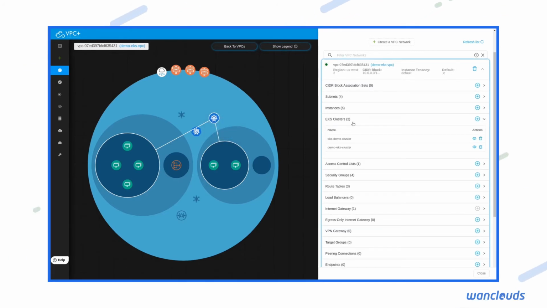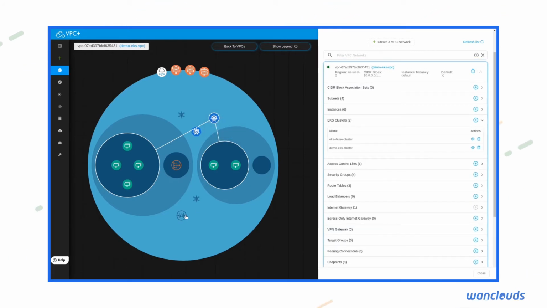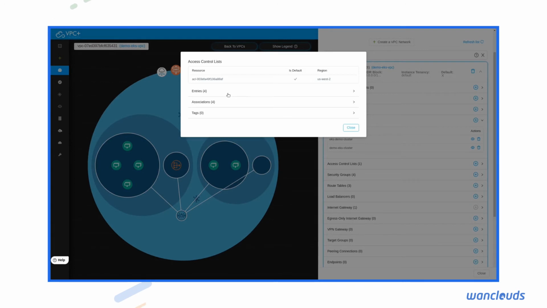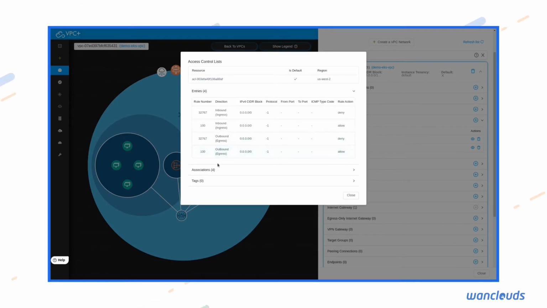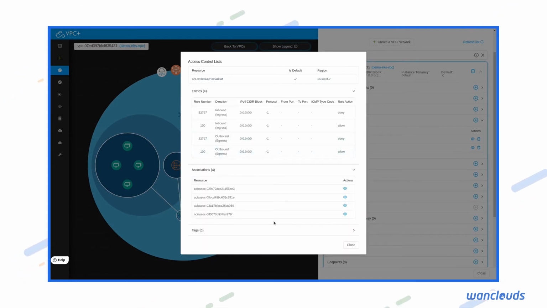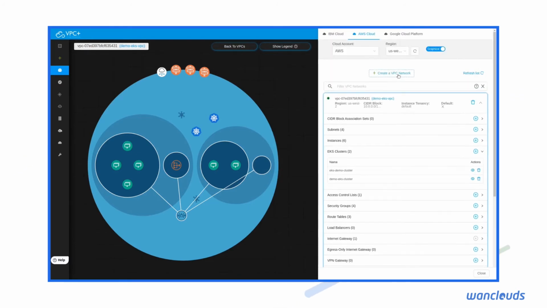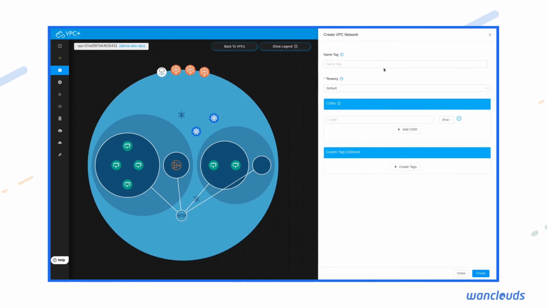You can also use the tabular view on the right hand side. Similarly, selecting different resources on the graphical view would provide details of each of those resources and its associations with different networking resources. You also have the option to create VPCs right from here.